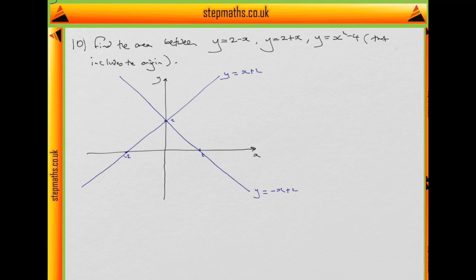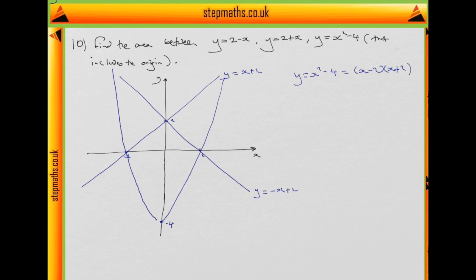And then, well, what about y equals x squared minus 4? We see that factors into x minus 2 and x plus 2. So we see that's going to have roots at minus 2 and 2. So we're going to have that coming as a quadratic down like this and through here. So what's the bottom point here? Well, when x is 0, y is minus 4. So it's going to actually have an intercept of minus 4. So let's try and do this a little bit to scale. So we're going to have minus 4. We'll keep that in blue. So minus 4 down here. Then we simply try and get it through the point, up like so. And similarly